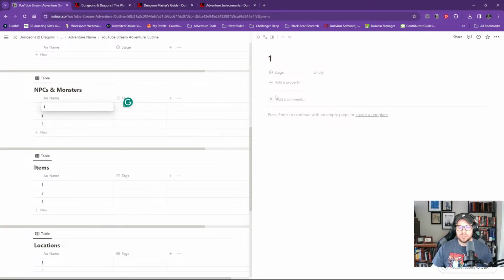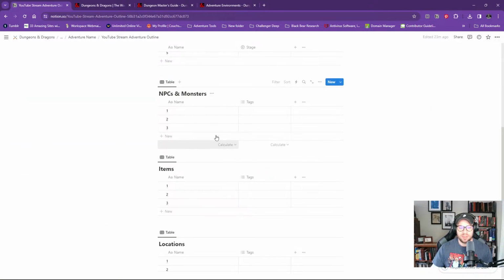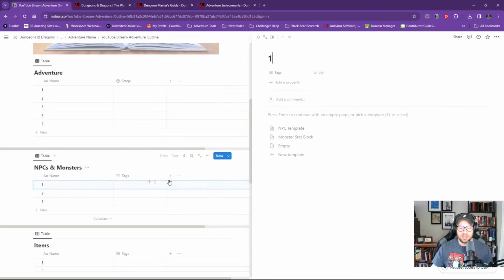Now, the adventure section, I don't have any templates created for this because they vary significantly. But for the other areas, I do. So, for example, here with our NPCs and monsters, I have an NPC template, and this focuses a lot on information that I'll need for role playing this character. I'll use this for pretty much any NPC that I make,